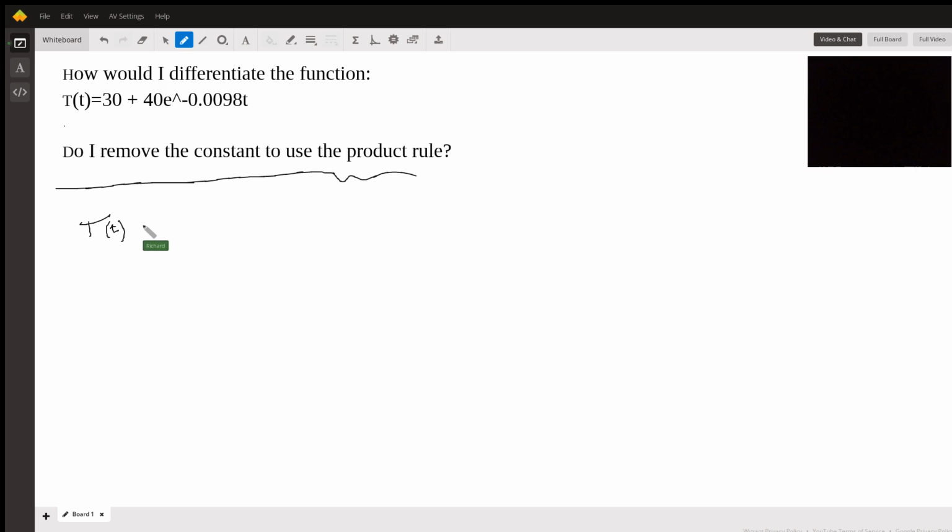And the argument is lowercase t, which is a little awkward. So we're going to find T prime of t,